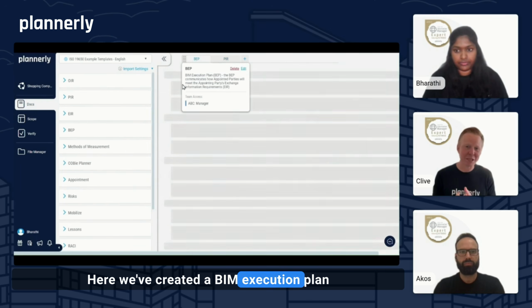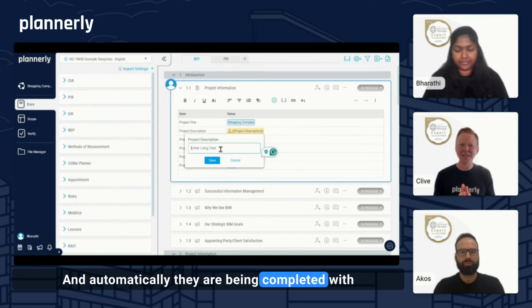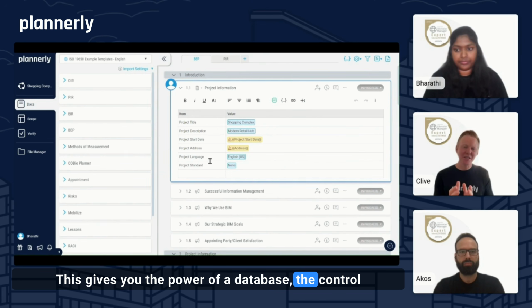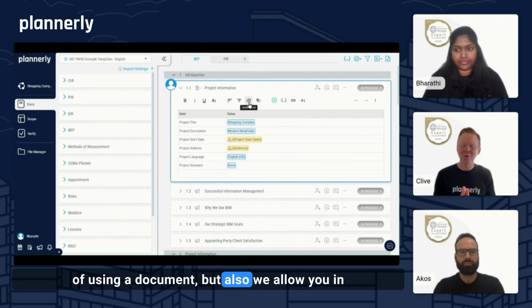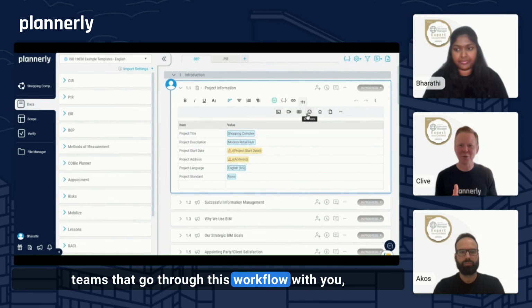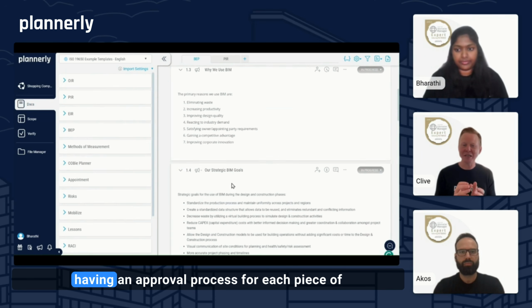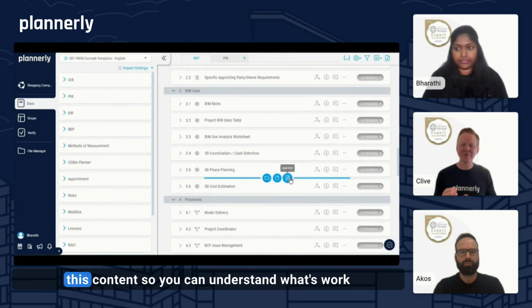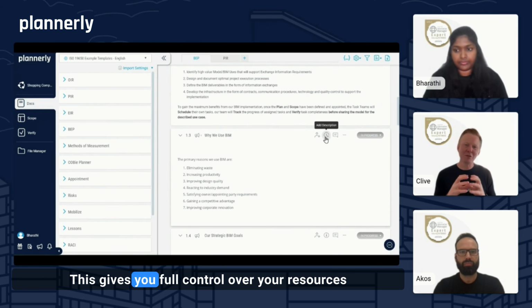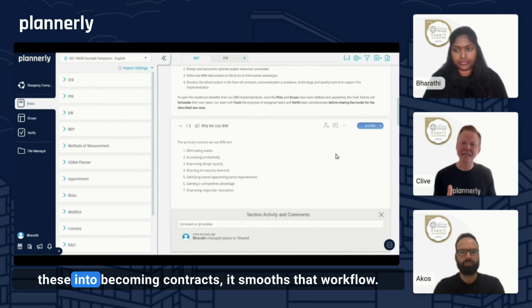Here we've created a BIM execution plan and the project information requirements tabs, and automatically they are being completed with smart fields inside of these documents. This gives you the power of a database, the control of using a document, but also we allow you in pieces to assign accountability so that you get teams that go through this workflow with you, understanding what they are responsible for, and also having an approval process for each piece of this content so you can understand what's work in progress, what's shared, and what's published. This gives you full control over your resources as you create them, and as you bring these into becoming contracts,